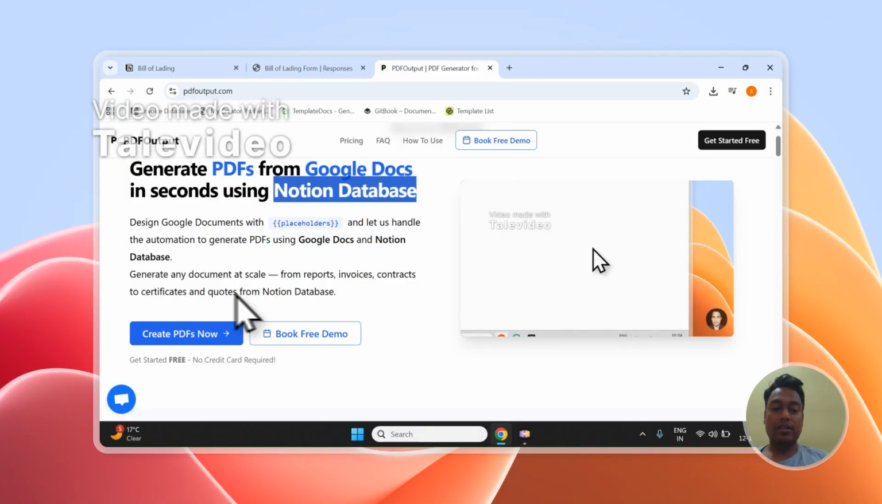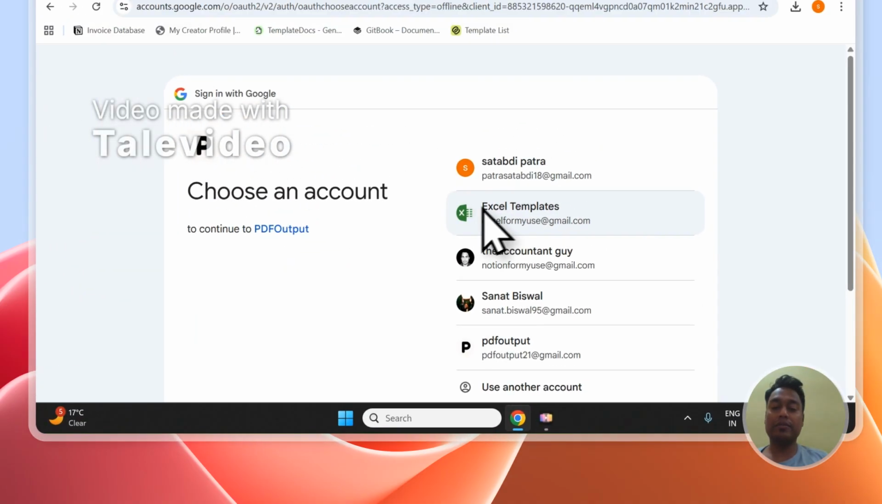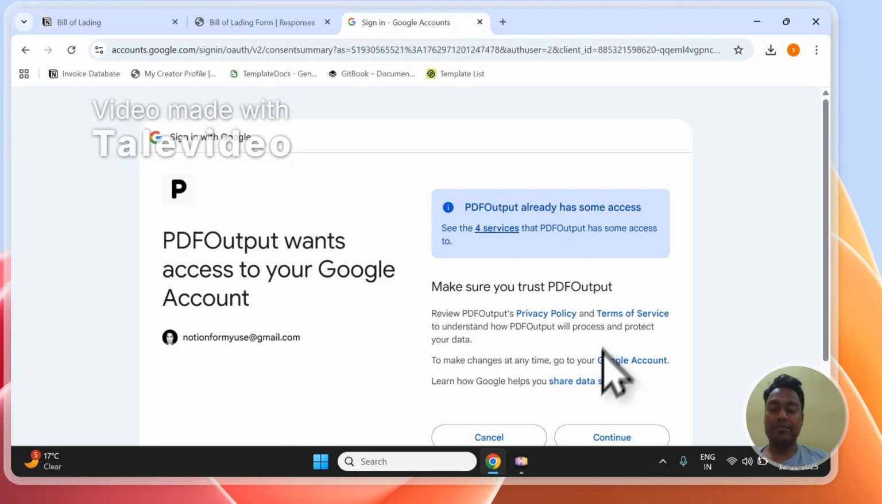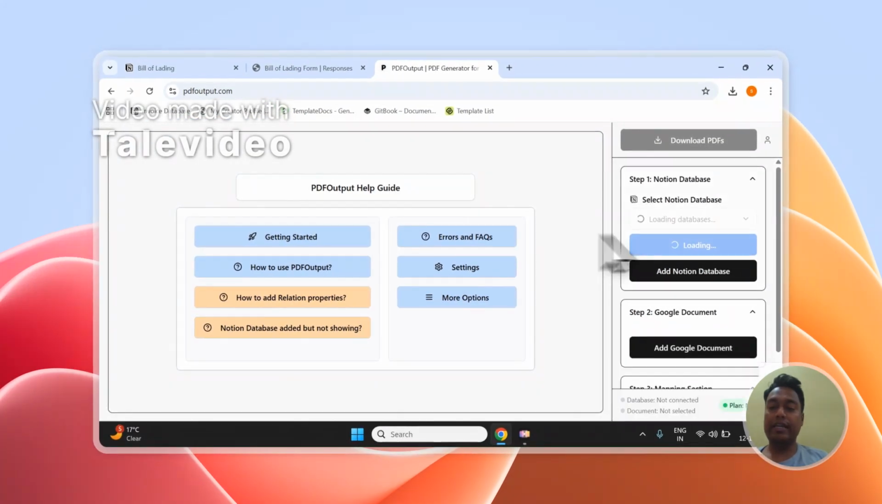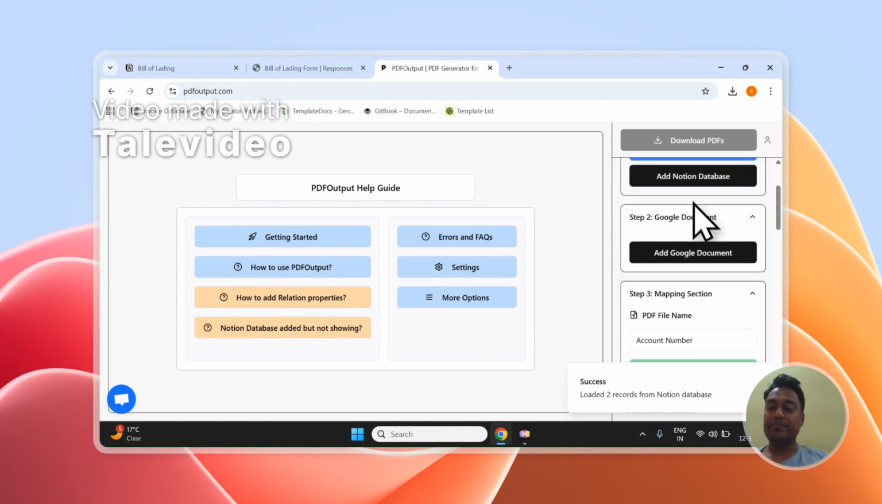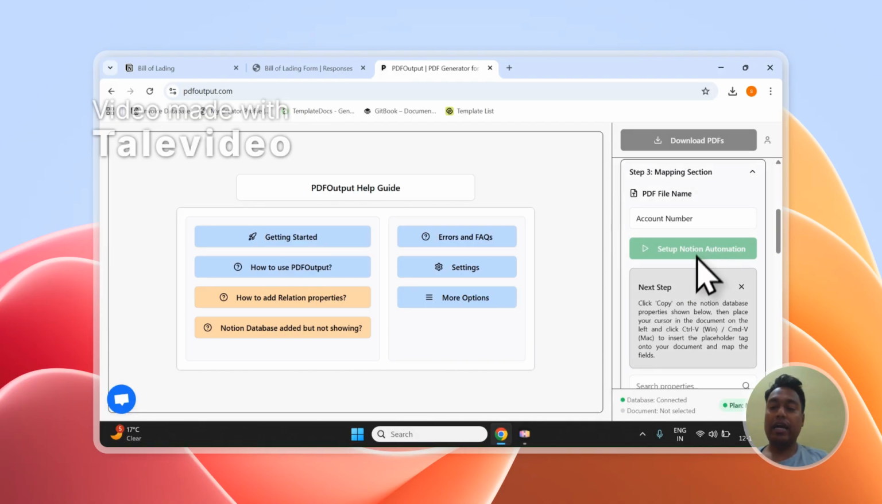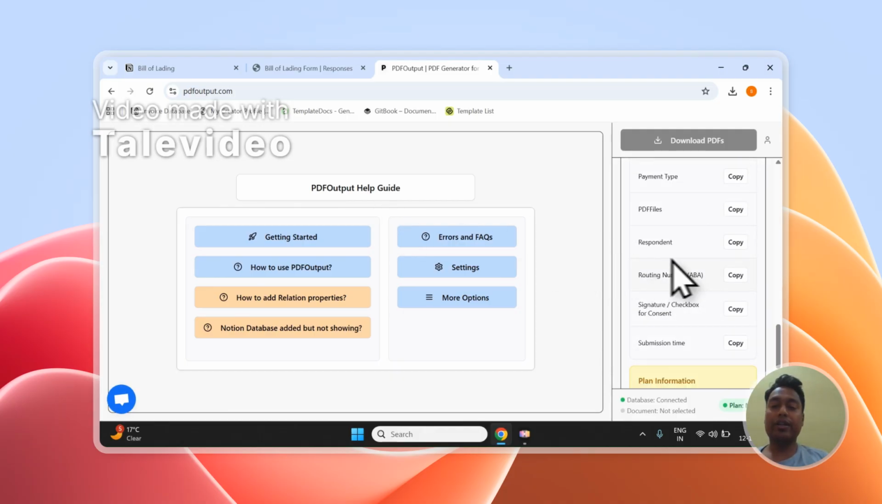So let's click on Create PDF and quickly sign in over here, and then I will explain how the entire automation will work. As you can see, I have already signed in, and the first thing I need to do is add a Notion database which I'll be using for the automation setup. Once I add the database, I need to connect it with a Google document which we'll be using for the template purpose. And finally, I can map all the properties of the database onto the document to create the PDFs